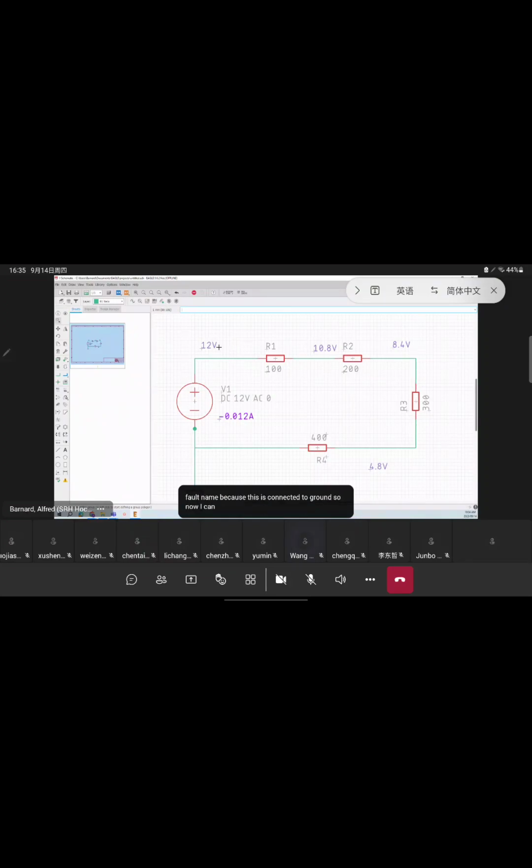So now I can calculate the voltage drop, 12 minus 10.8, and it calculates the voltage drop. As well, this is the current circulating through my circuit. Now it's a minus current because I think current actually moves in this direction. Don't worry too much about that. The current is 0.012 ampere,